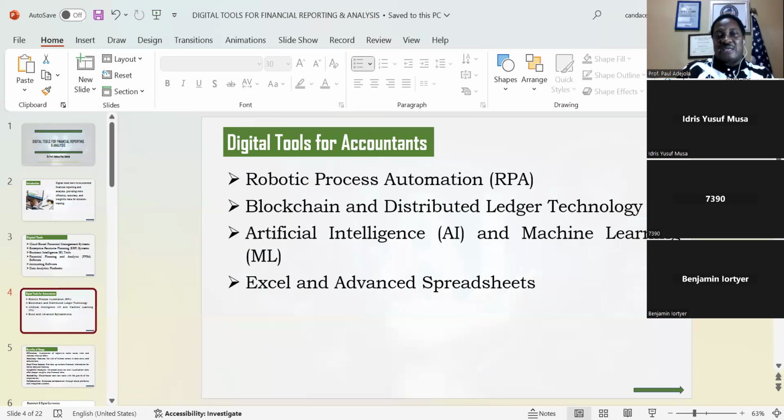The next tool, as we can see on the screen, is artificial intelligence and machine learning. And all we are saying in AI is that you allow a machine to mimic human intelligence, to mimic the human brain, to mimic human reasoning, so that tasks which were expected to be performed by a human being are now performed by a machine.